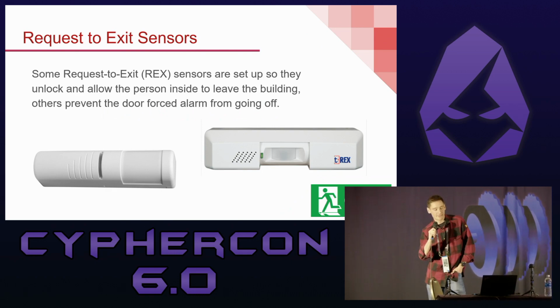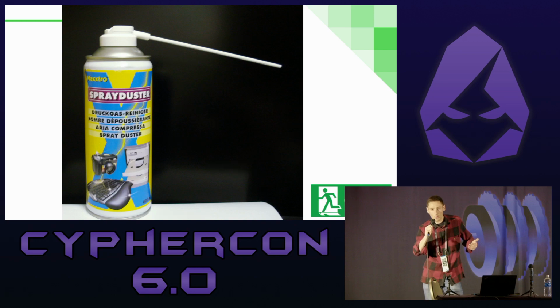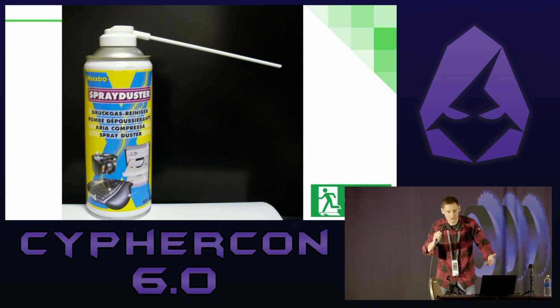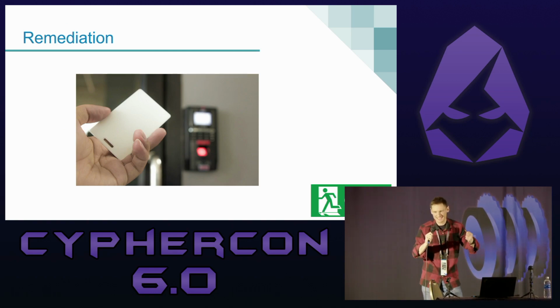They rely on passive infrared, so they're looking for changes in heat, generally body heat, but it also means that if you have something that can generate a lot of cold, a big thermal difference, that also trips the sensor and allows the door to open. Remediation for this: either pass back, like tap your pass to get out, or have a request to exit button